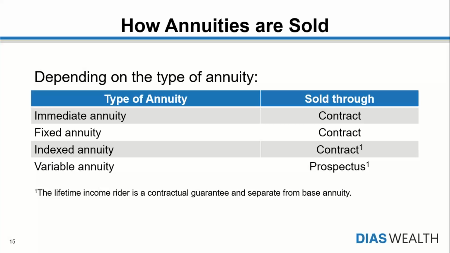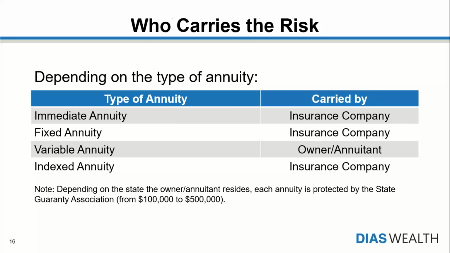But a lot of times I like to explain this as, if you have an income rider and your annuity has been losing money and you've also been withdrawing from that income rider, you're essentially going to get back down to zero very, very quickly. You're essentially at that point annuitizing it. I know for a lot of people this is going over their head, but you're essentially locking yourself into that contract at that point. So what I like to say is use annuities for what they're designed to do, and a lot of times I recommend not even using the variable annuity at all.